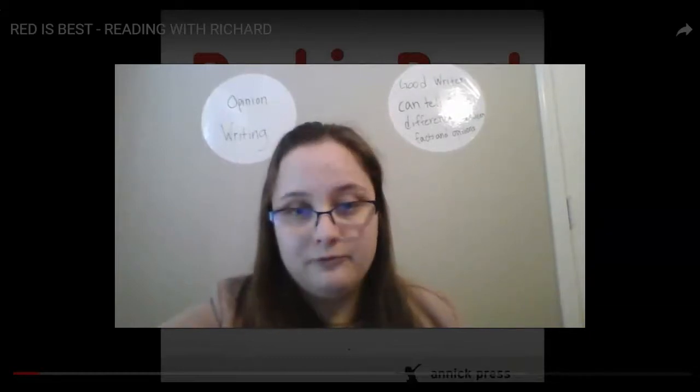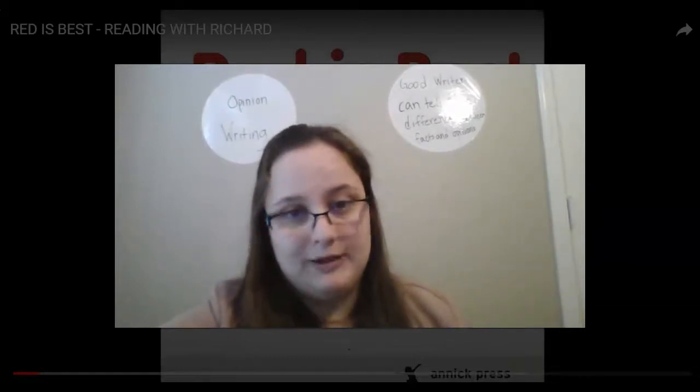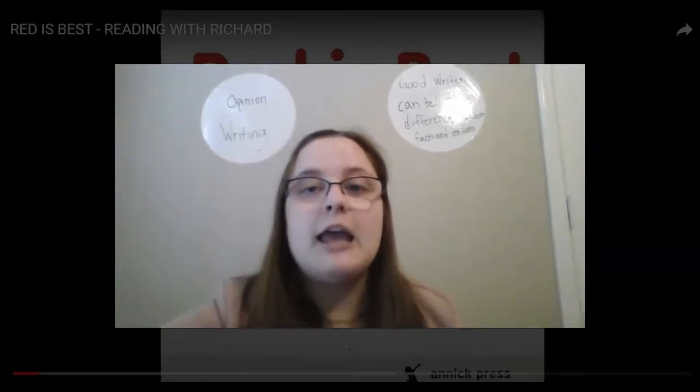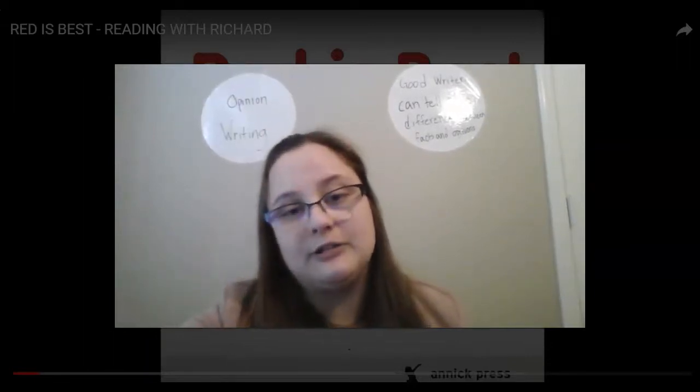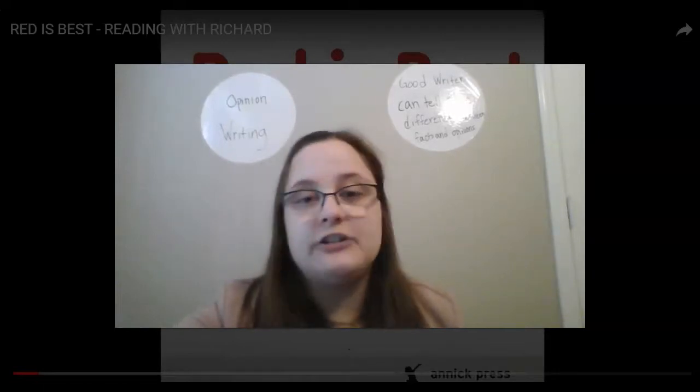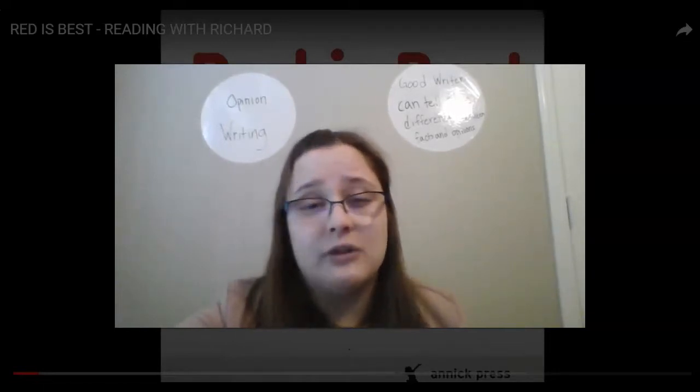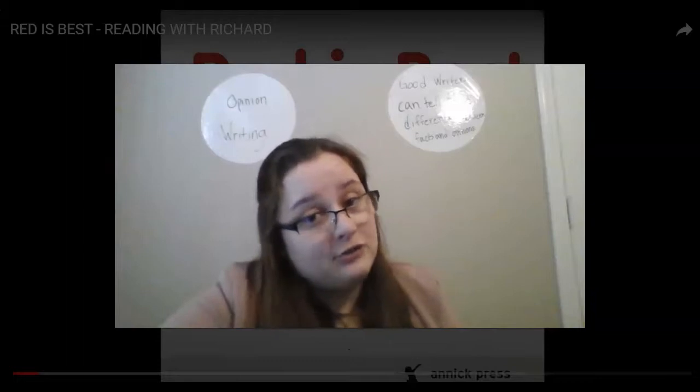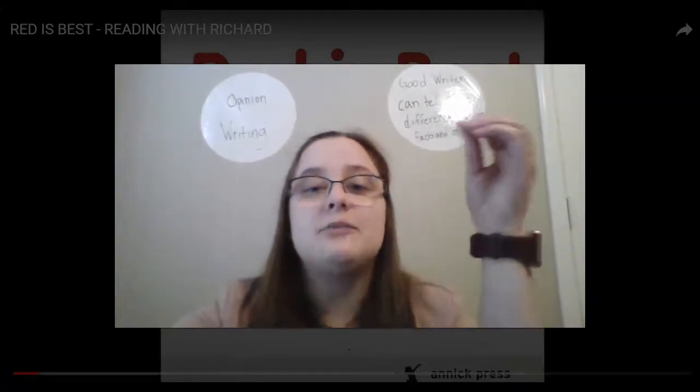So remember, a fact is something that is true and that you can prove. So for example, my blue pen, we can prove that it's blue. And an opinion is how you feel about something. So like liking or disliking something. So for example, I don't like mushrooms. That's an opinion about mushrooms. And guys, Miss Greathouse hates mushrooms. I don't like them at all. But that's my opinion about mushrooms. A fact about mushroom would be that you can find mushrooms in the forest. Because you can. If you go to some forest, you can find mushrooms there. So remember, a fact is something that is true and that you can prove, and an opinion is how you